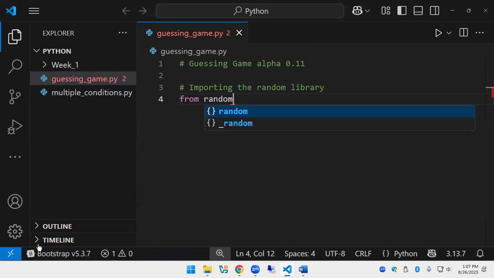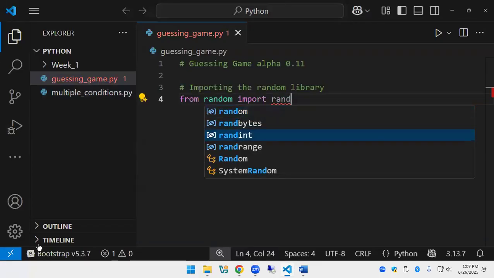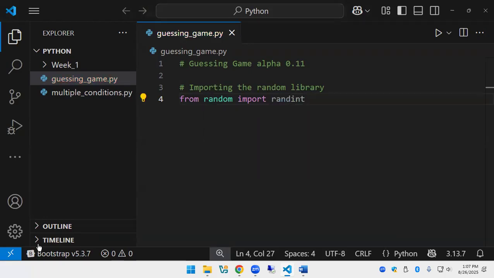So random is the name of the library. It is built into Python, but we have to say, okay, I want to include the random library in this program. So from random, which has lots of stuff in it, all I want to do, well, you can see, look at all those extra things I could do. I only want random integers because I'm doing the guessing game. I don't need random decimals or whatever those other things were. So now I can do random integers or random numbers.